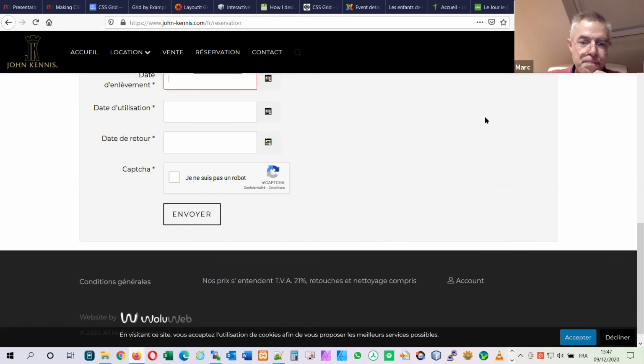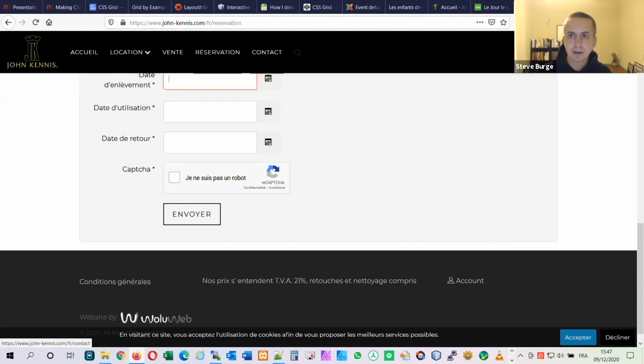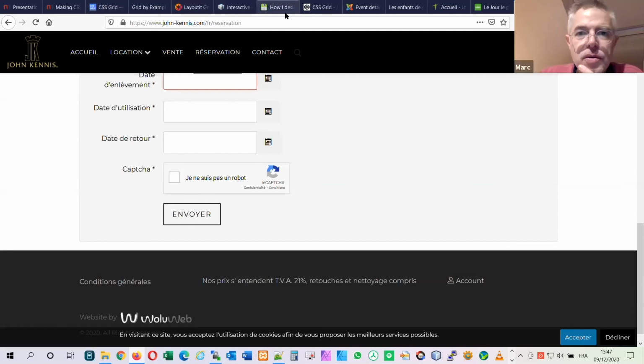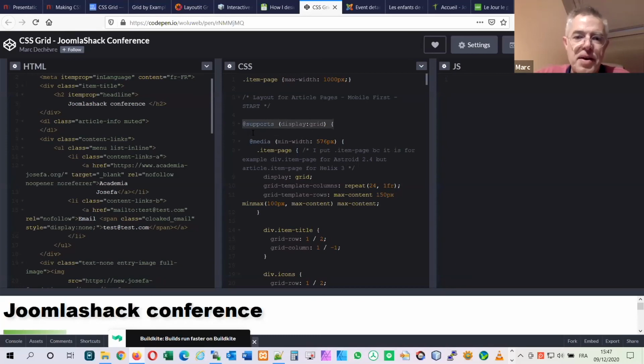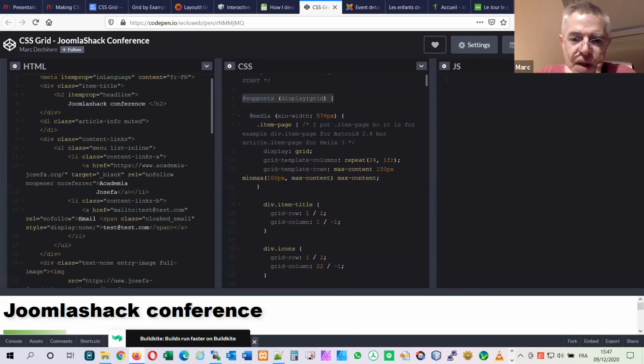Awesome. And the final question we have is, can you talk a little bit about controlling the grid with breakpoints or screen size? Yeah. That question may have been answered a little during the presentation, but actually, in the CSS, I have a line just to say if the browser supports display grid. It's nicer if you do it that way. And after that,